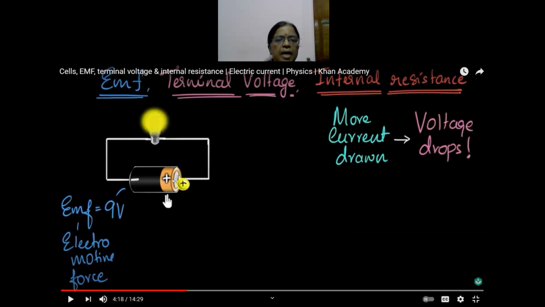When it reaches here, it again has to move to the other end through the electrolyte. Through the electrolyte, this charge has to move, and the electrolyte offers some resistance to the flow of charges. That is actually the internal resistance of the cell. To move this charge through the cell, the positive charge is to be moved towards the positive terminal. There will be repulsion, and the battery does that work to move the charge to this terminal, and then it passes through.